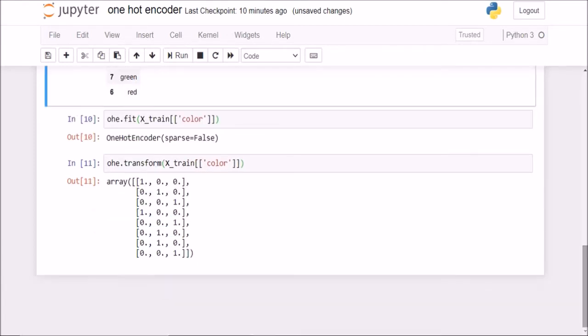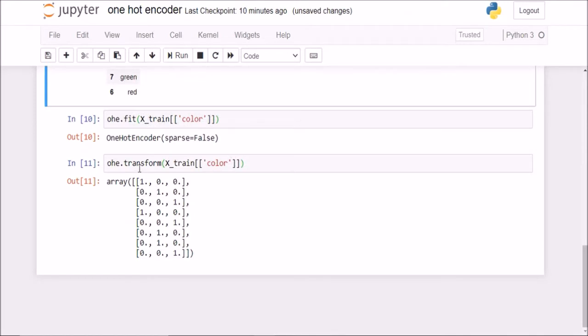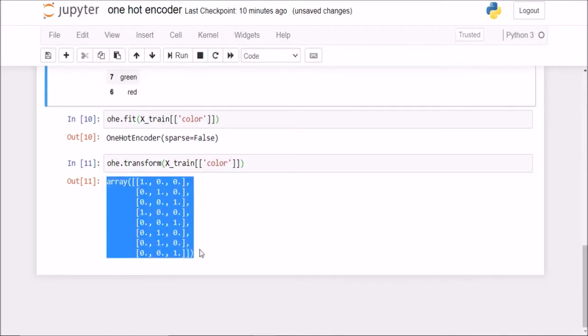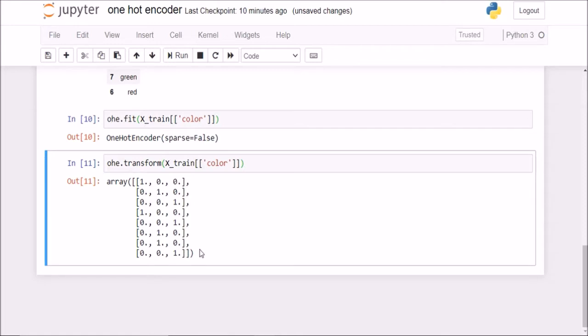So you see the result is the same, but you will see what the difference is in just a moment. Now, in get_dummies we were getting a complete new data frame with the column names. Here we have been returned a numpy array by default, but don't worry, we can transform it into a data frame whenever we like. That is not a concern right now.